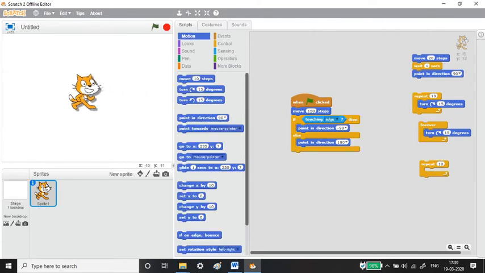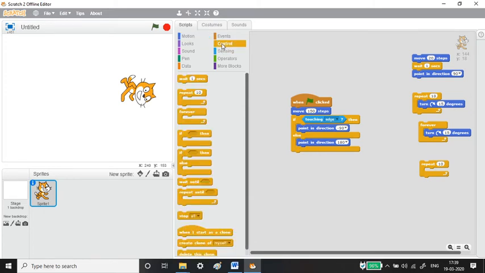I'm just making it move this side. If I click the flag, it moves 150 steps. Since the condition fails, it moves downwards. See here, it covered only 150 steps and it didn't even touch the edge. So the condition fails. Only if it touches the edge, then it faces the left side. Since it doesn't touch the edge, it faces downward. That is the false condition. This is the true condition and this is the false condition. Got it? This is the explanation for if and if else.